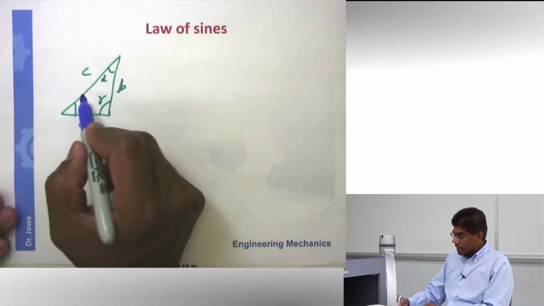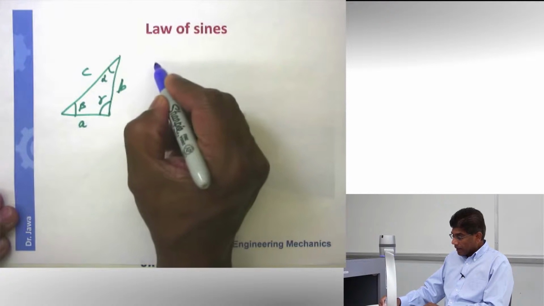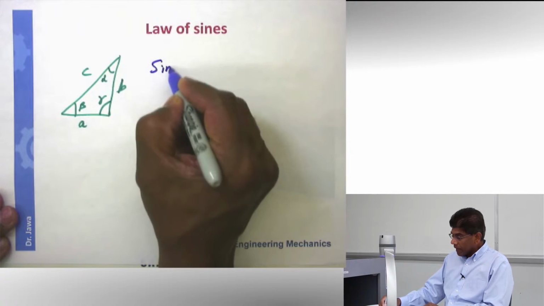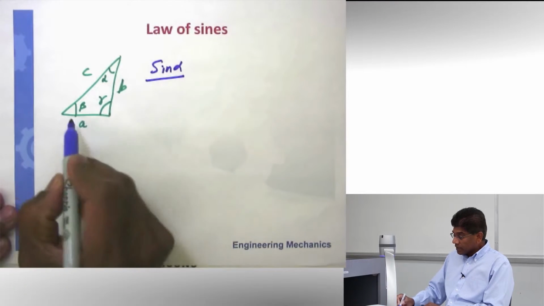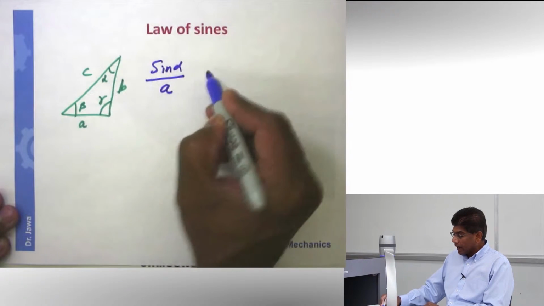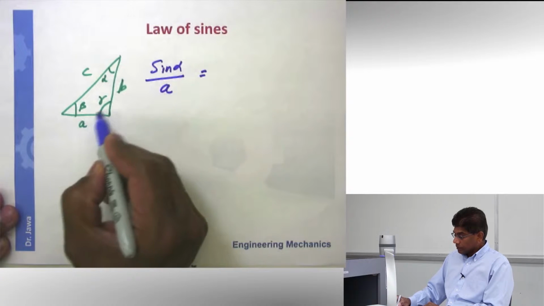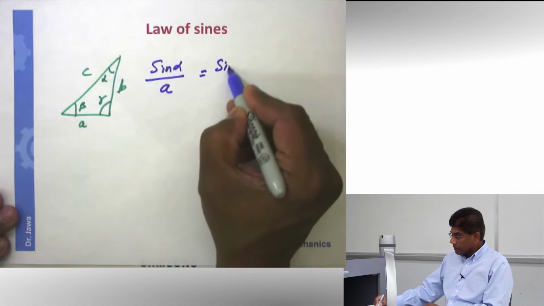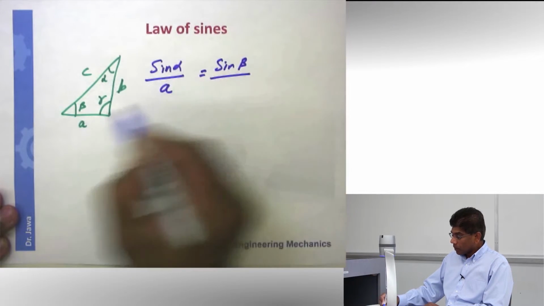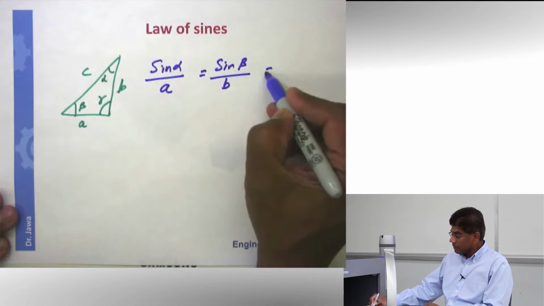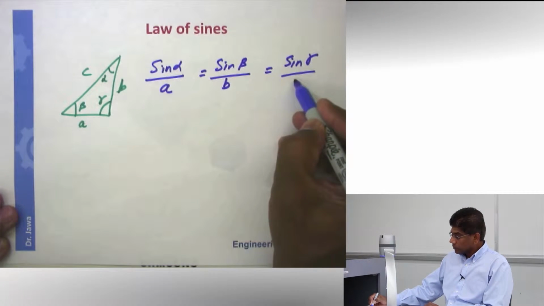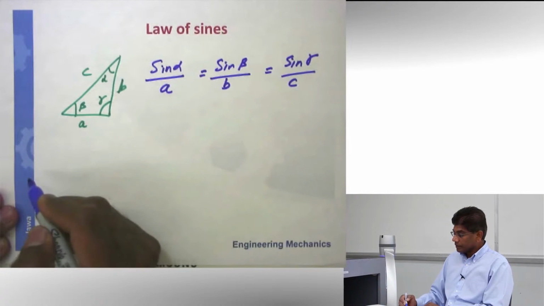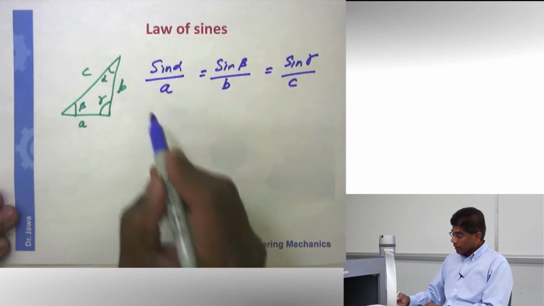If I have all that, then I can write the relationship involving the sides and the angles, and that would be sine alpha, which is this angle, over the side opposite it, side A, would be equal to sine beta over the side B and sine gamma over the other side. All right. Now, if you look at this